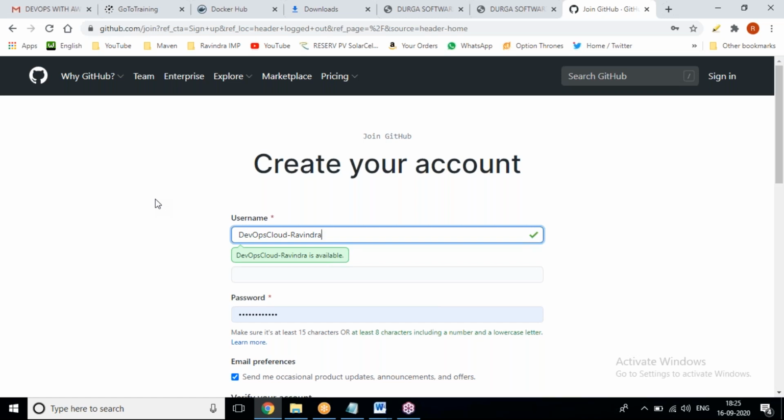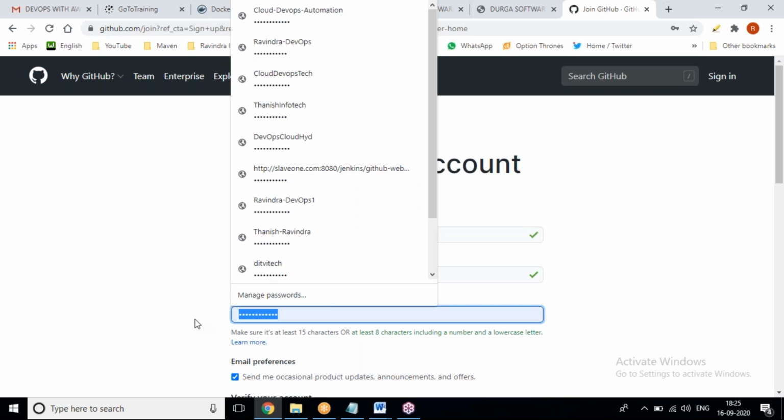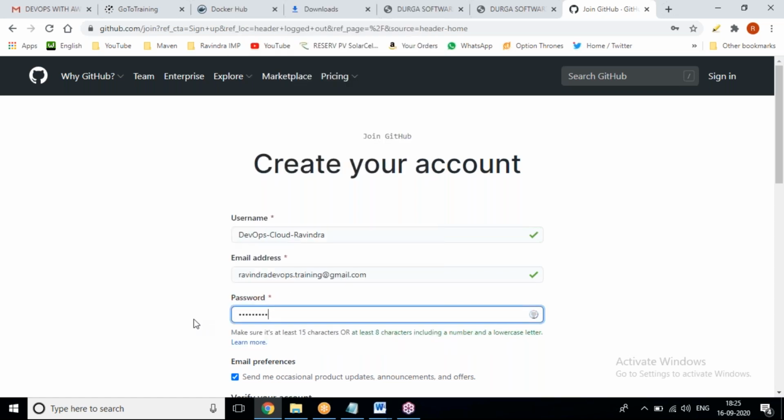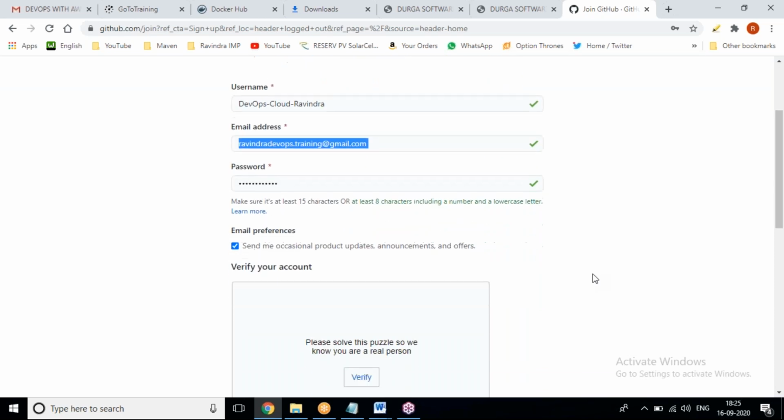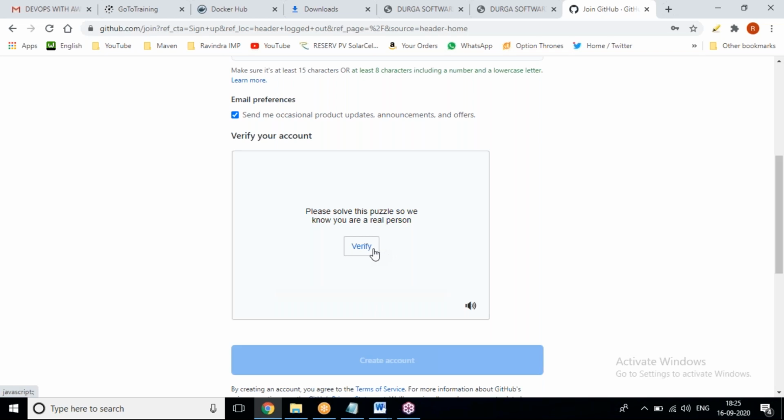Now the existing mail ID, just now which one we have created. Now the password. Now click on verify.